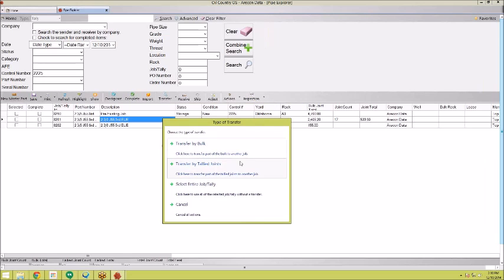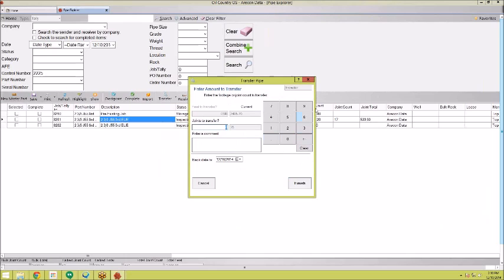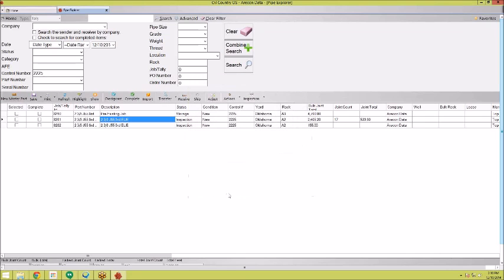So let's ship some of this by bulk, and we're going to do it by joints. So we have 78 joints available. We're going to ship 10. That's going to be 308.36 feet on average, since we're doing bulk. It's not exact. So then we can just click Finish, and again, it's going to open up an